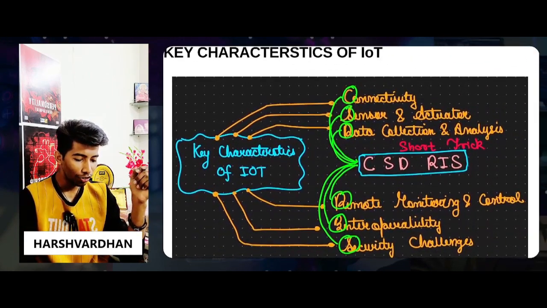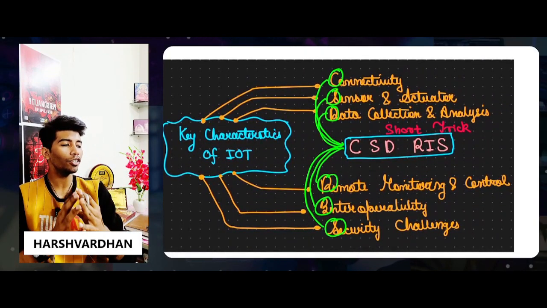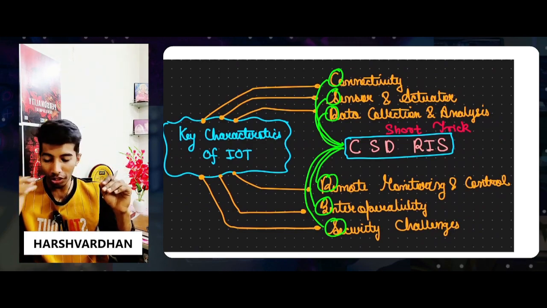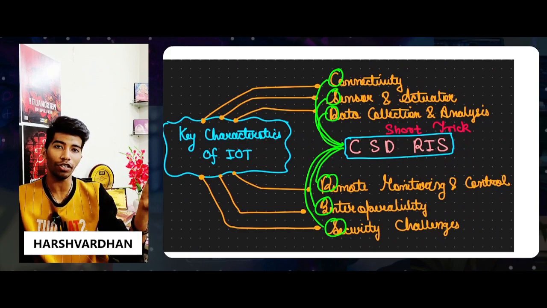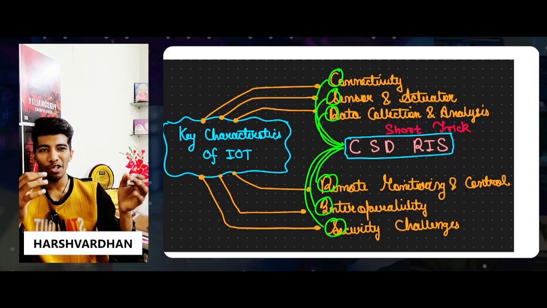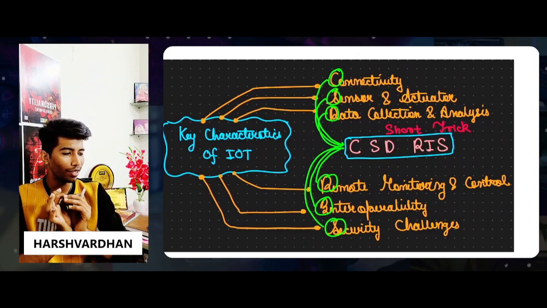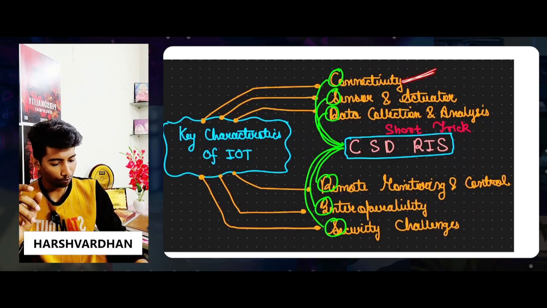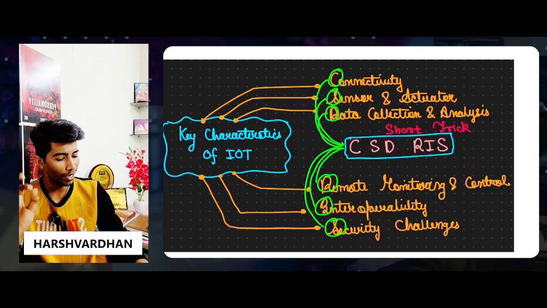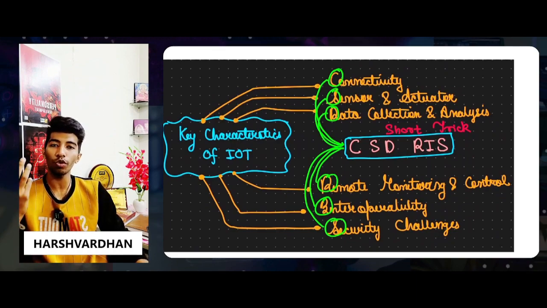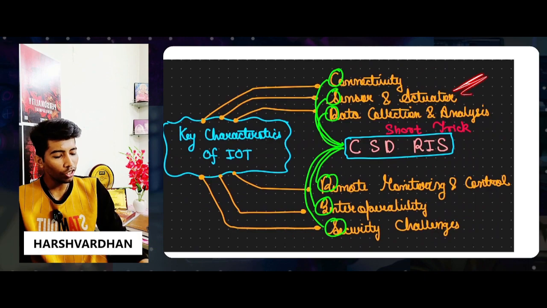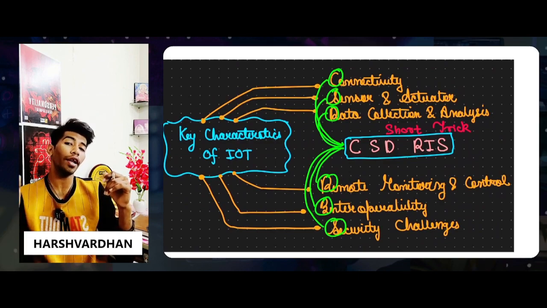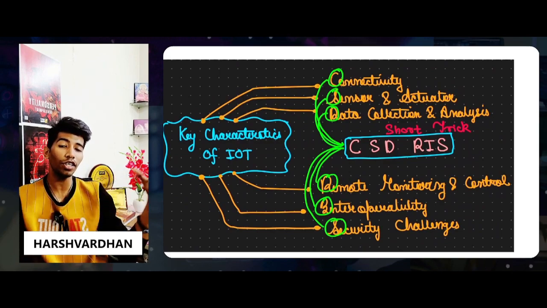Talking about the key characteristics of IoT, you can understand it by using this incredible short form. I hope you all will learn it, and this is my trick to understand the key characteristics of IoT, because it becomes a very useless conversation if the main thing gets lost. So the first thing is connectivity. IoT is useless without connectivity, because without any sort of connection you can't assume a device is working. Then sensors and actuators. Sensors are important for collecting data, and actuators are responsible for motion.